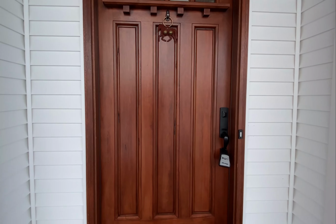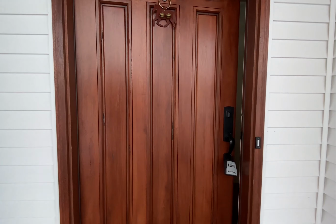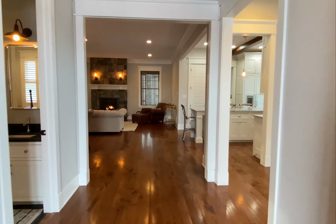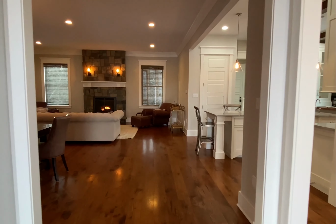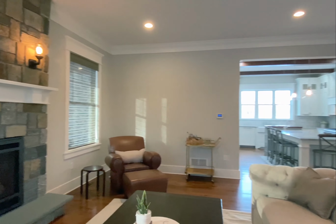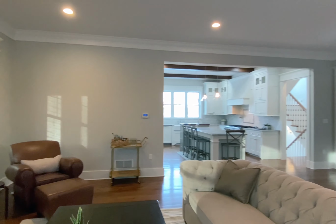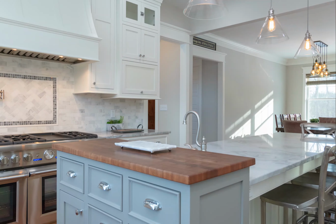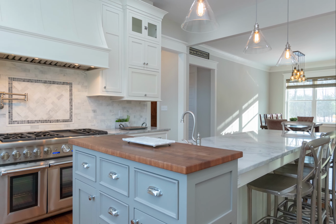Through the majestic walnut custom self-closing front door takes you to the elegant yet relaxed open floor plan. Cozy up on a cold night by the gorgeous stone fireplace. Entertain numerous friends and family in the adjacent large dining room, or gather everyone around the oversized island featuring white